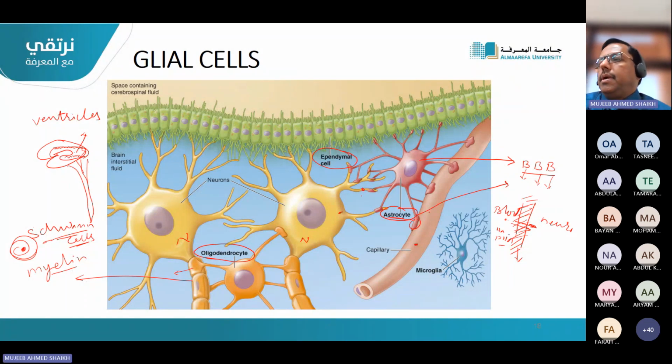Okay, but there are some microorganisms. Even some changes happen in the cells around the brain, so it has to be controlled. Like in our body, if some organism enters, there is an immune system which causes formation of antibodies or defends against it. So in the brain also there are immune cells. We call them microglia.